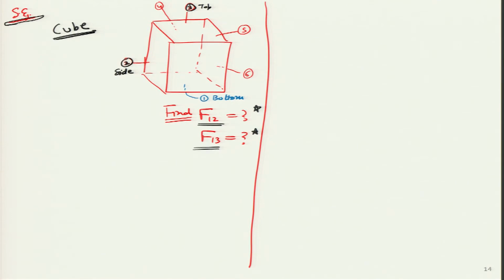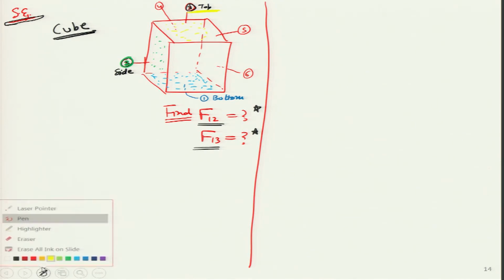So, which is surface 1? The bottom surface I am taking as surface 1. So, this part in the blue, this is the bottom surface, this is the important part for me. So, this is surface number 1. One of the side surfaces which I can show in green over here, this I am taking as surface number 2, and the top surface which I can show in yellow over here, that is my surface number 3. This is the top surface. So, essentially I am finding out F12 which is from bottom to side, F13 bottom to top.